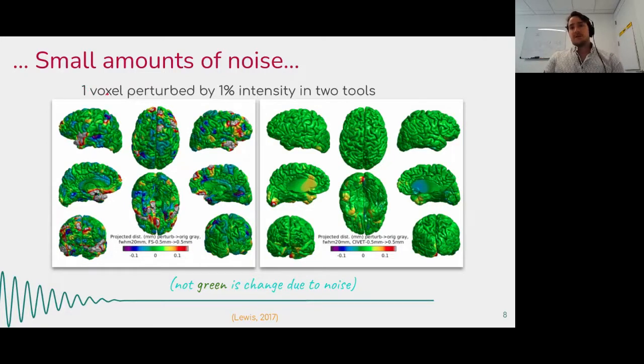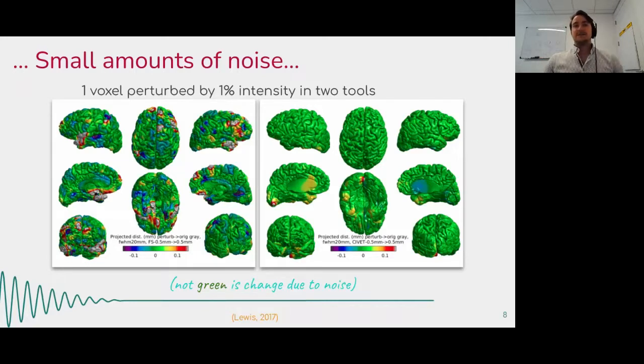So again, a voxel is just a three-dimensional pixel. They took a single voxel in the middle of the brain. So basically right here where my cursor is, in case anyone's lost, I'm just making it bigger. Right here, they took one voxel, perturbed it by 1%. In other words, if the voxel intensity was originally 100, they made it 101. Then they reran the same software for generating these brain surfaces from the MRI multiple times,